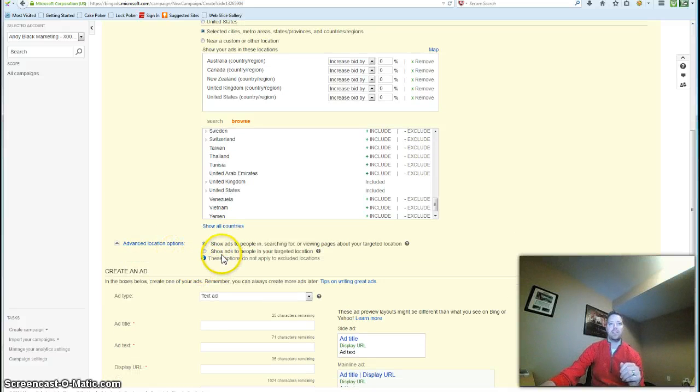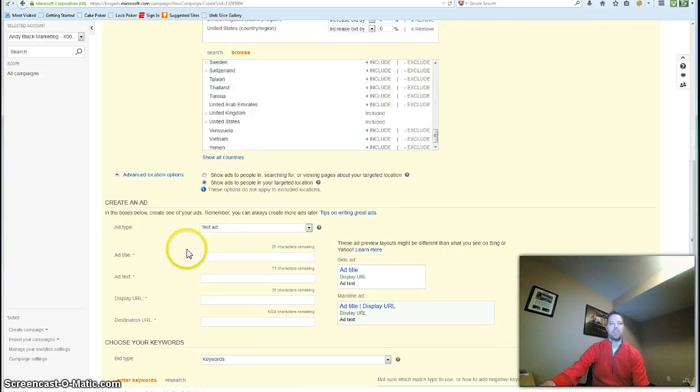Okay, now here's another thing you want to do, advanced location options. You want to go right here, show ads to people in your targeted location. Otherwise, if you do the top one where it's the default, you'll get people from outside of these countries that actually click on your ads, and we don't want that. So let's go here. We want to try to be as targeted as possible for our target market